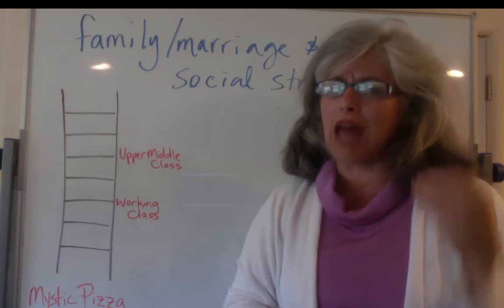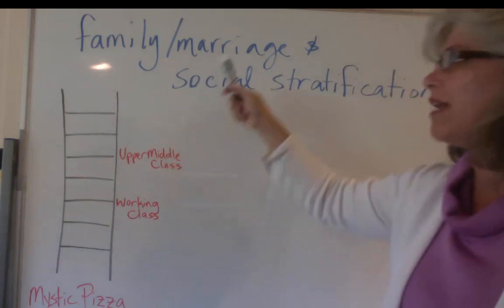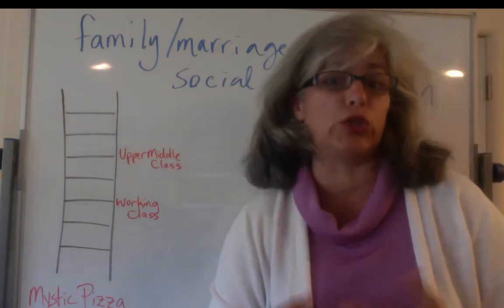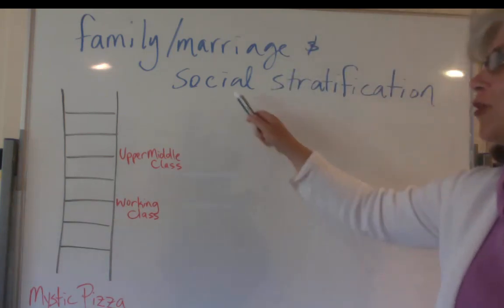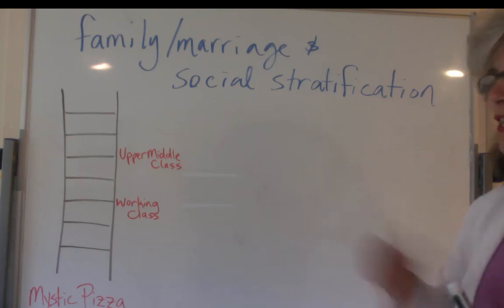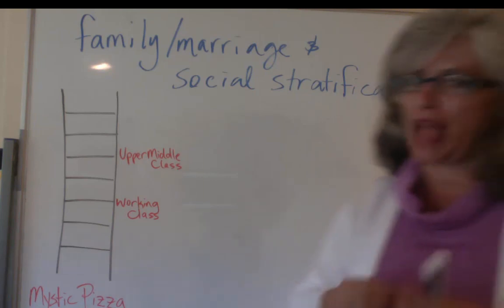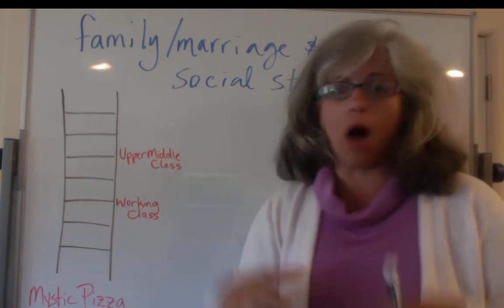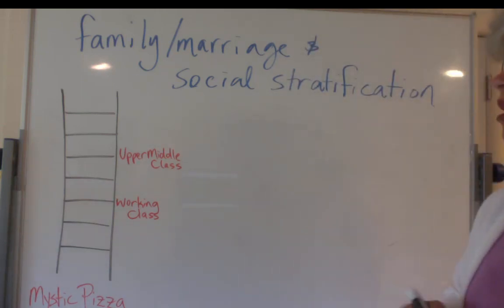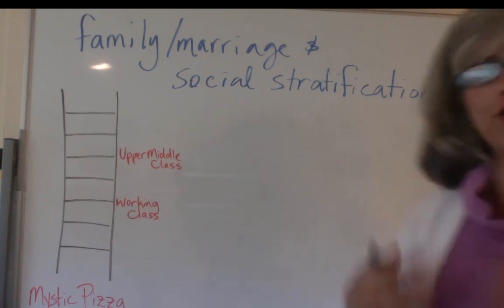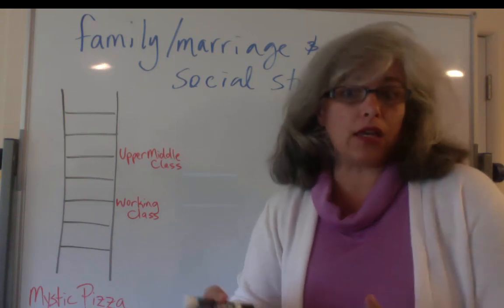And remember that love is not part of the definition of family, and nor is it part of the definition of marriage from a sociological standpoint. That's going to be a key issue that we're going to talk about here regarding social stratification, particularly in the United States, but worldwide, when we look at marriage as an economic arrangement among the people who are involved in the marriage. Okay, so social stratification, of course, is the unequal distribution of wealth in a society.